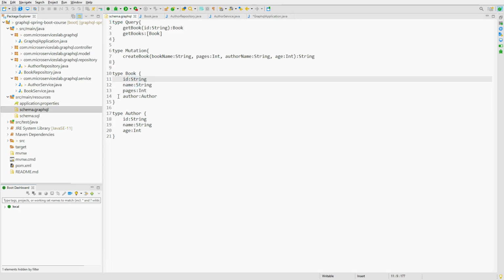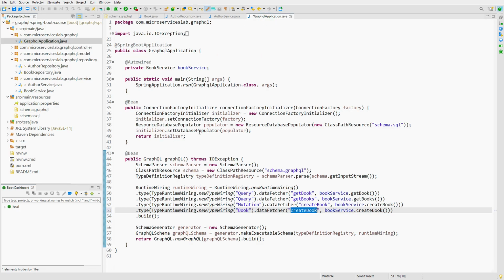So as you can see, the data fetcher we have created is for this field called author, and this author field is contained in this book object. So let us define this mapping and map it with the data fetcher. Our containing type is Book, and now let us put the name of the field, which is author.